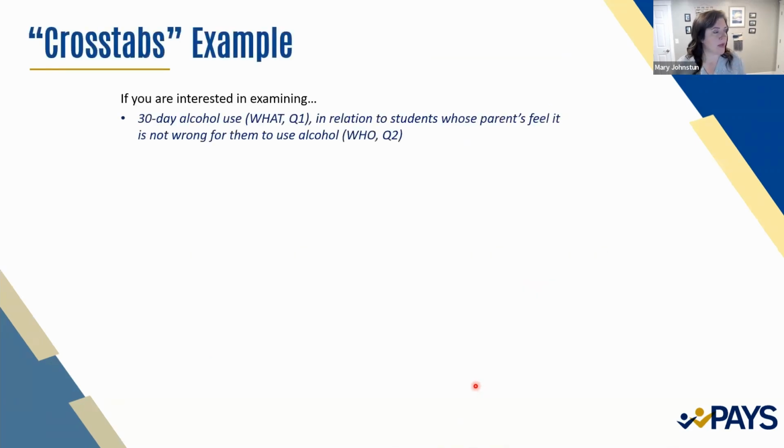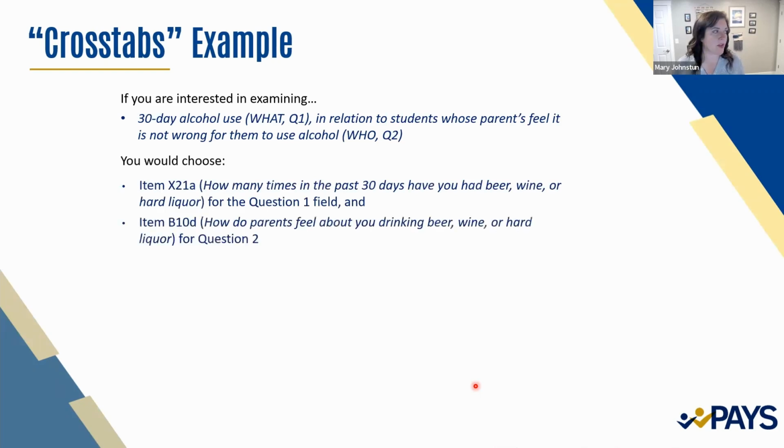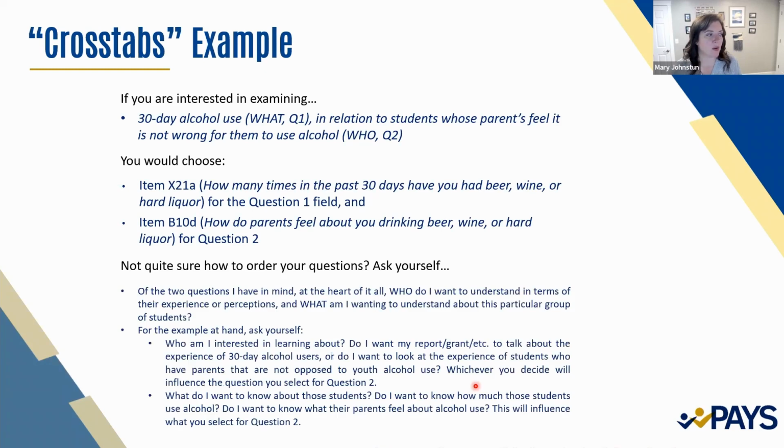So let's show an example, again in words before I actually show you the chart. So again, for this, if I'm interested in 30-day alcohol use in relation to students whose parents feel it's not wrong at all for them to use alcohol, my Q1 would actually be the alcohol use. That's the what I want to know about those students. And my Q2 is how wrong do your parents feel it would be to use hard liquor, alcohol, or wine, beer, etc. If you're not sure about the order, in general, or if this is stumping you, in general, again,